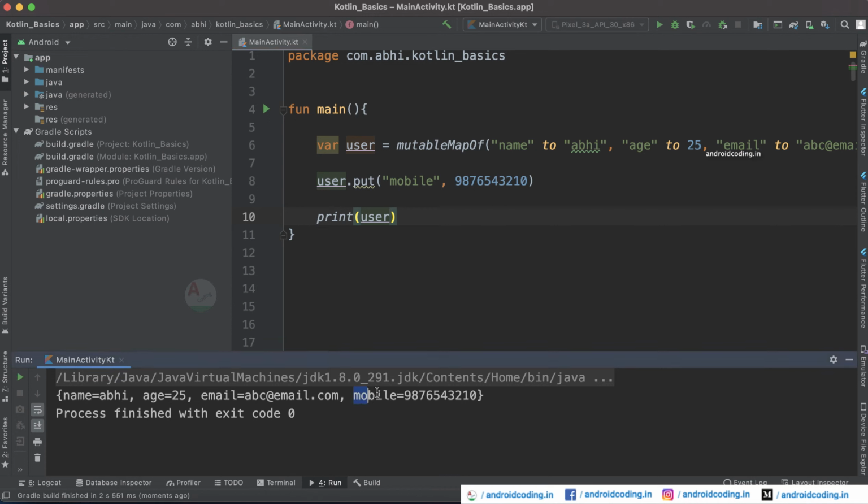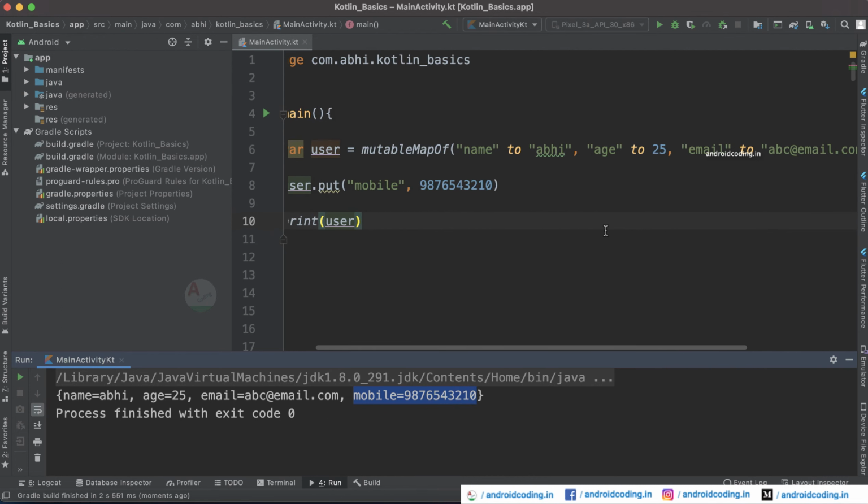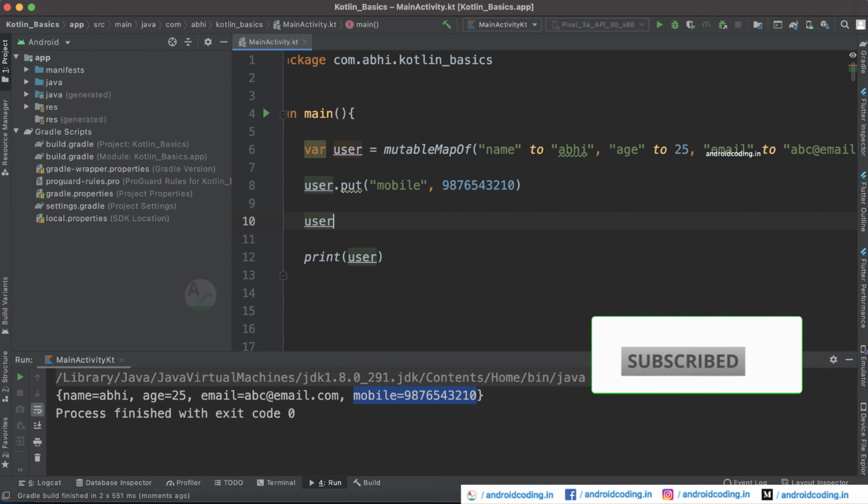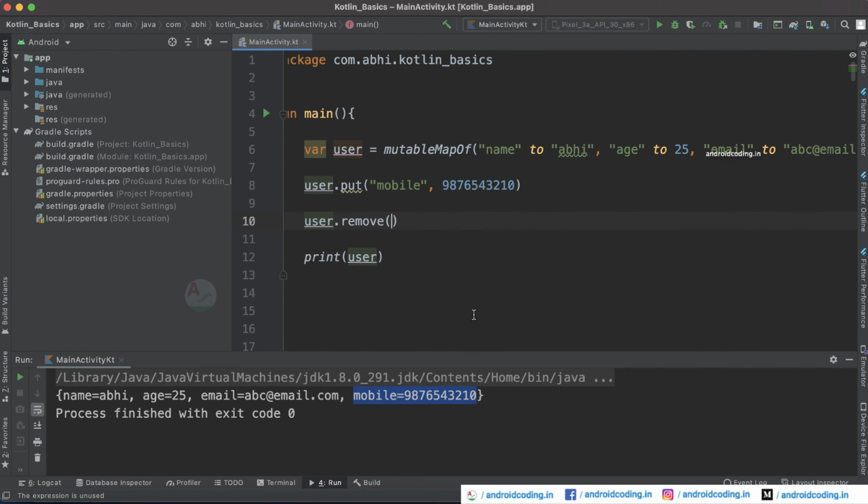Here you can see the mobile number is also printed along with the previous values which we have specified. Now let us remove. Here we also have a remove option, and I will be removing age. Now try to print this map again, and yes, you can observe the age key value pair has been removed.